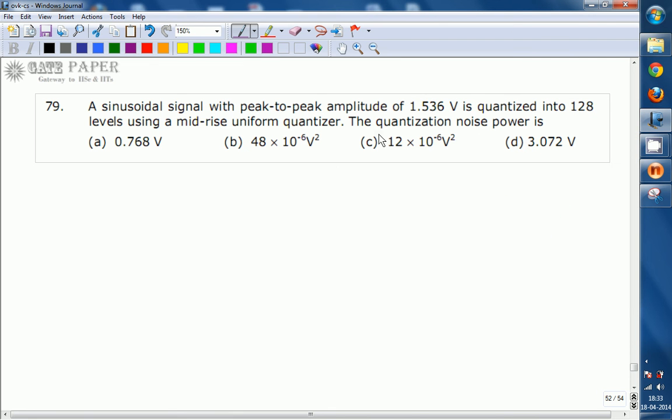Okay, this is a question from a previous GATE paper from the subject of communication systems. The topic is related to digital communication. This question is given in the paper of GATE